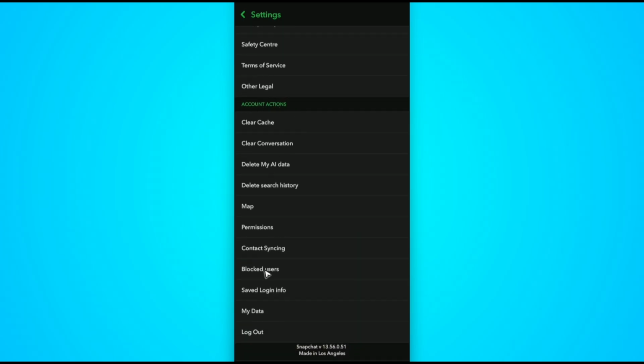Now in here, as you can see, we have blocked users. Just tap on it. Now as you can see here, I have this friend blocked. Now yours might be different. You will be able to see a ton of people right here in the list. So just go ahead and find the name and then go to the right side of the screen, and here